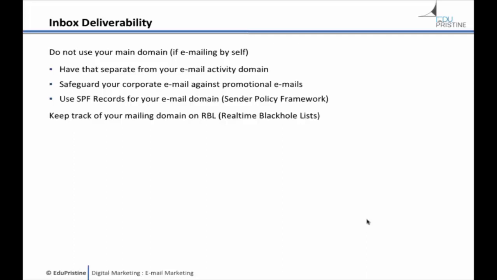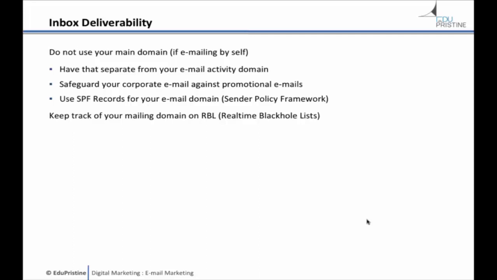Right? There's something called SPF records, Sender Policy Framework records, for your email domain. So basically, they will say that on behalf of this domain, I'm going to send emails. So that is a Sender Policy Framework, right? And then you will also keep track of your mailing domain on the real-time blackhole list, which means that at times the email authorities across the world will blacklist you and say that you've been spamming a lot, and all your emails go to spam. You can keep checking if your mailing domain is on the real-time blackhole list. Okay, you can also go ahead and check that. We'll do the checking when we move further. Okay.